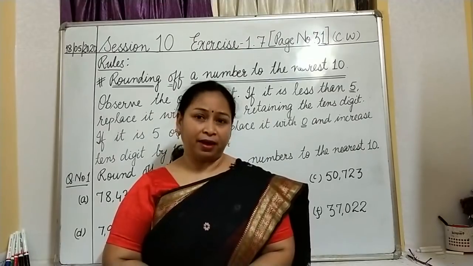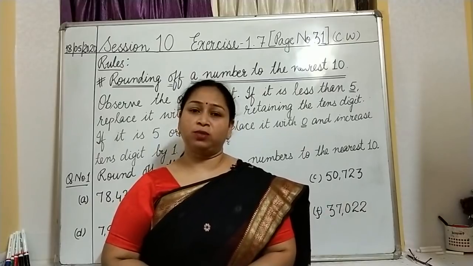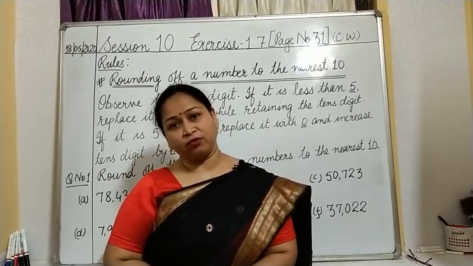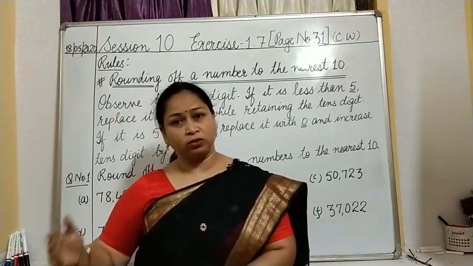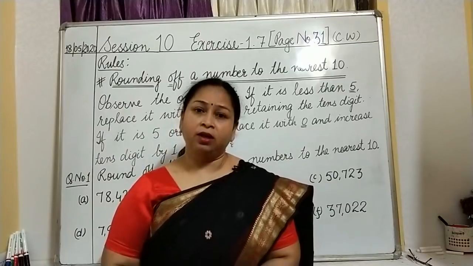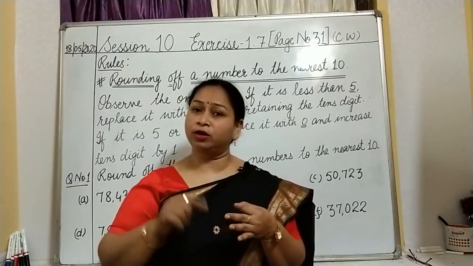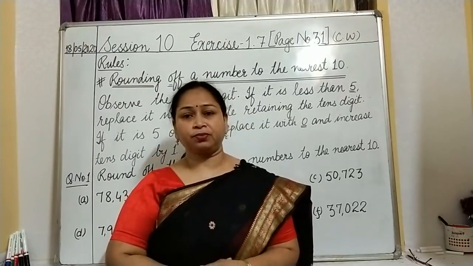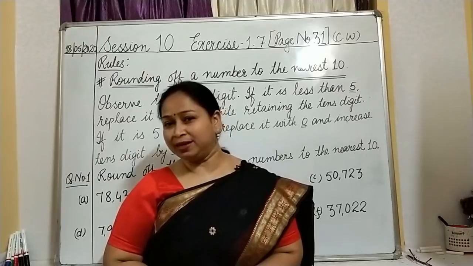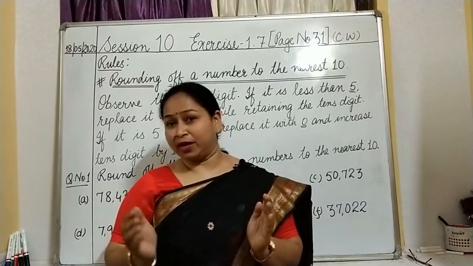Got an idea of what is an exact value and what is an approximate value? Approximate value means we are very near to the number, right? And exact value means we exactly count that many numbers and then we say. Fine. This is what we are going to learn today, rounding of numbers to the nearest 10, 100, 1000 as per your syllabus. Why are we doing this? Because multiples of 10 are very easy for us to remember. That is why we try to make it simpler.